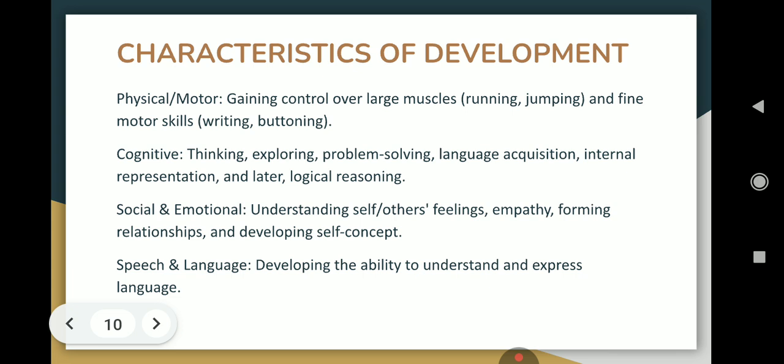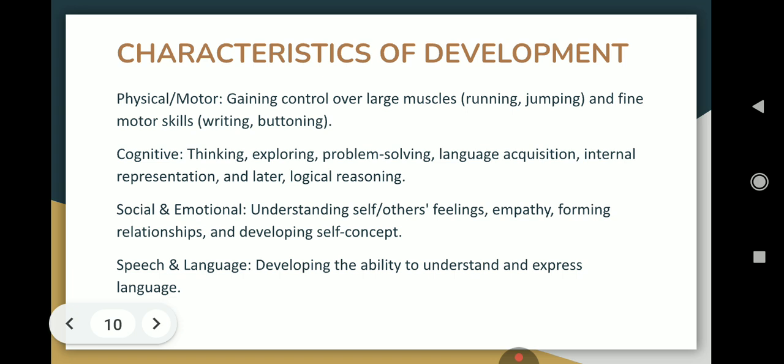Now let's move to the characteristics of development. These are the important characteristics of development. The first one is physical or motor: gaining control over large muscles, like running, jumping, and fine motor skills like writing and buttoning. Large muscle in the sense of your gross motor skills, like